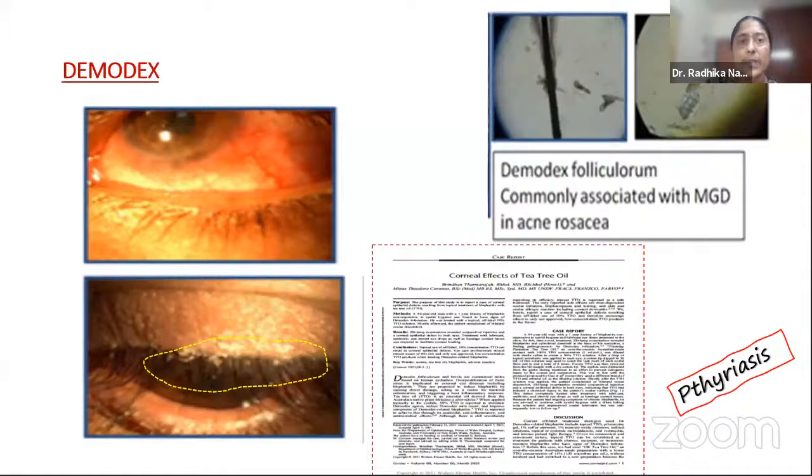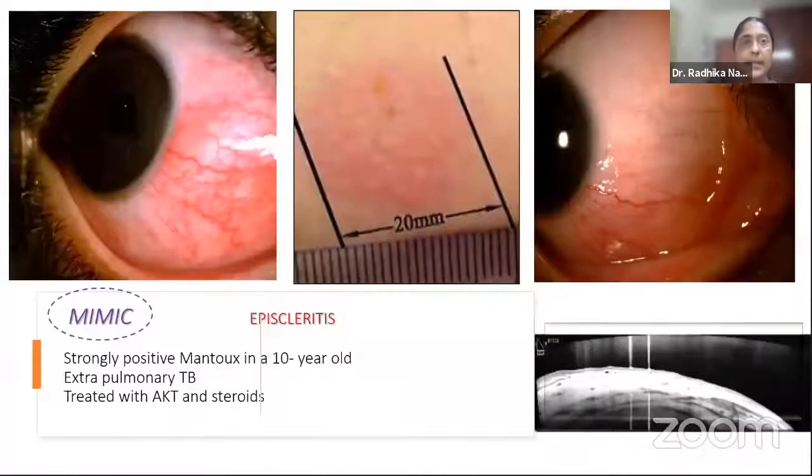Treatment is systematic delousing with the help of a dermatologist. I have had occasion to pick out these creepies from the lashes of some less privileged children. So these are some of the effects on the cornea and ocular surface because of the lids. But then in the blink of a lid, you may have other things which deceptively look like these.